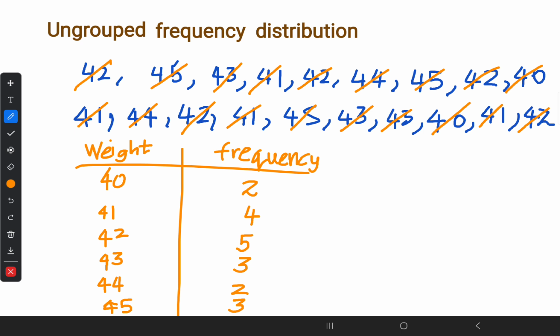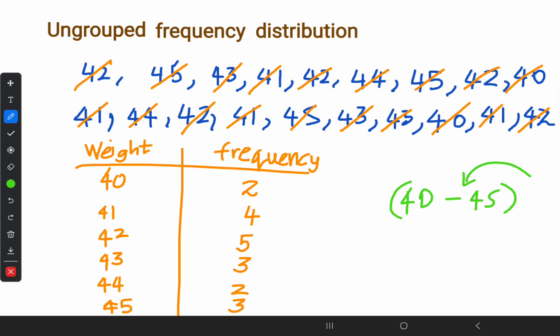Okay. This is the way you have to make an ungrouped frequency distribution. There are several values given, and you have to make them into an ungrouped frequency distribution. I will explain the grouped portion later. Now try to understand for each value. 40 represents only a particular value. For example, if I take 40 to 45, the students who have the weight of 40, 41, 42, 43, 44, 45, everyone belongs to this interval.